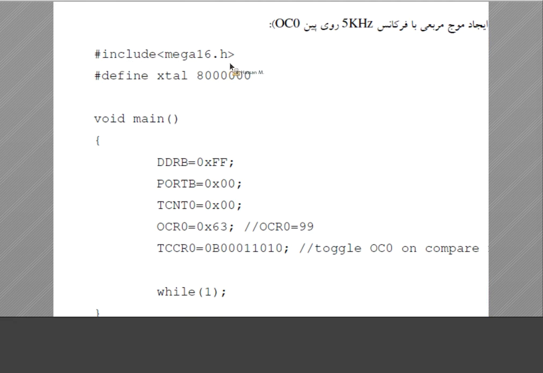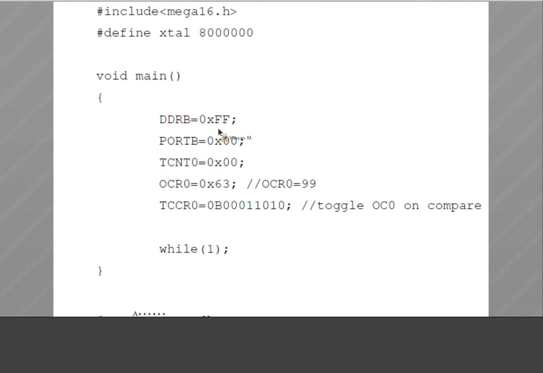Here, include mega16.h header file, define F_CPU 8 megahertz, void main. DDRB is 0xFF, that means port B is assigned as output, PORTB is 0, timer count is 0, that means we start from 0. OCR is 63, that means